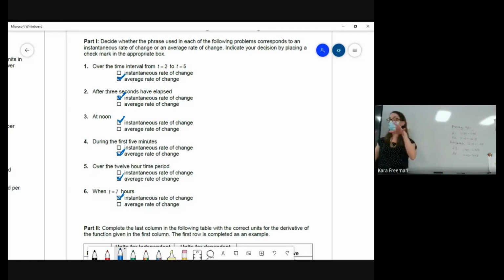And we had that on your last quiz, and some of you did that wrong. There was an average rate of change question on your quiz, and some of you took the derivative, evaluated at certain points, and tried to average the values. That's incorrect for average rate of change. All you have to do is f of b minus f of a over b minus a. It's not a calculus question, okay? So just a hint for those of you who did that incorrectly on the quiz.